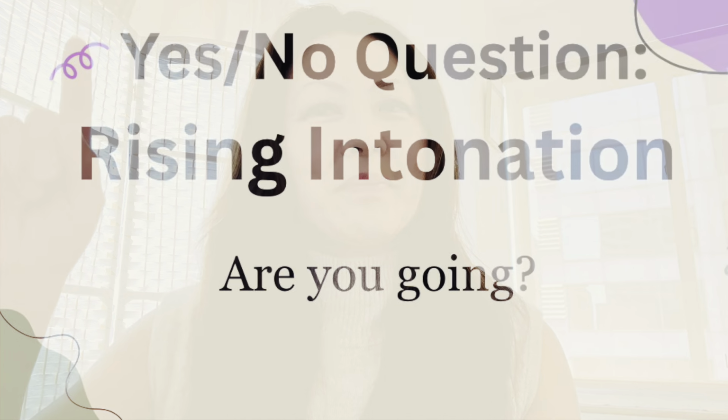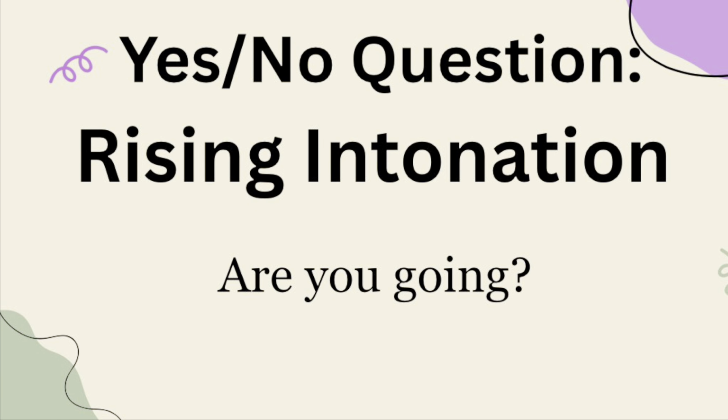Rule number two, again, let's deal with small sentences first. Rule number two is if you are asking a yes, no question. So if you are asking a question that the response is going to be either yes or no, the intonation is going to rise. So we would say, are you going? You hear that? Are you going? And then the answer is either yes or no. So that's why we call it a yes-no question. Are you going? Is he going?